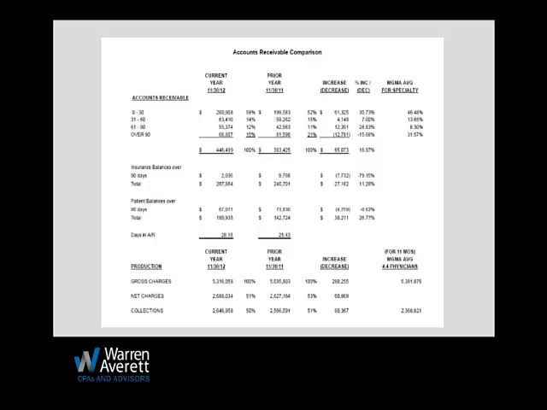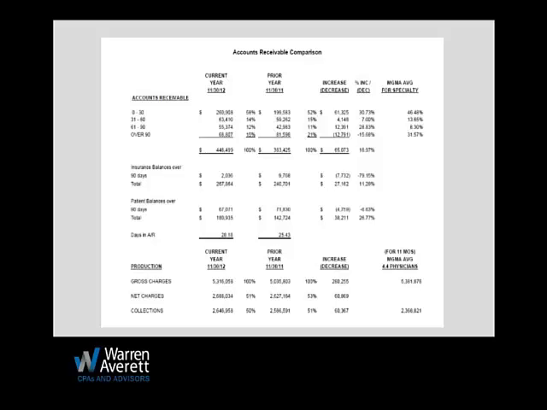So as we look at month-to-month comparison, we're looking at irregularities inside of the numbers. We're looking at large increases or decreases that are sticking out. So if we look at this one right here, if you go to about the third column on this sheet, you can see an increase of about $61,000 in the current bucket, 0 to 30. We think that's fine under this analysis. That probably means we're working harder. There's more money sitting in our current dollars. We know that those monies are going to be received.